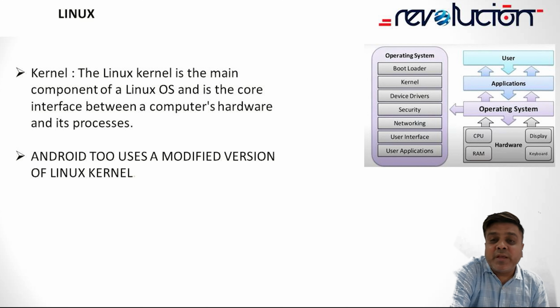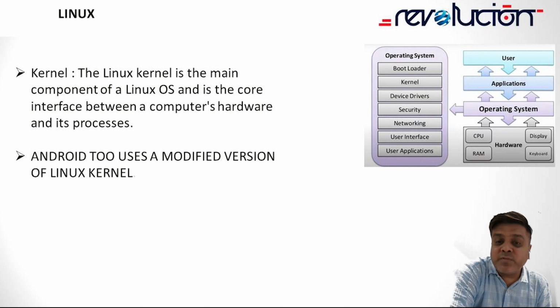Now, in fact, corporates and major vendors have realized that they can use Linux as a server. Primarily, CentOS, Red Hat, and other operating systems are used for protecting their servers. Whether it is a mail server or a web server, people have started using Linux effectively and also saving on their licensing cost. So with this, we will now move ahead and learn about the various flavors of Linux